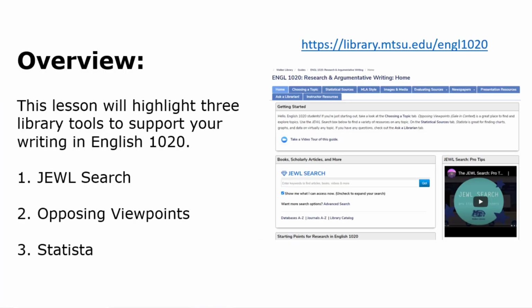This lesson will highlight 3 library tools that you can use to support your writing in English 1020. They are the JEWL Search, Opposing Viewpoints, and Statista. I will show you how to use these databases to retrieve information that is on target and topic relevant for